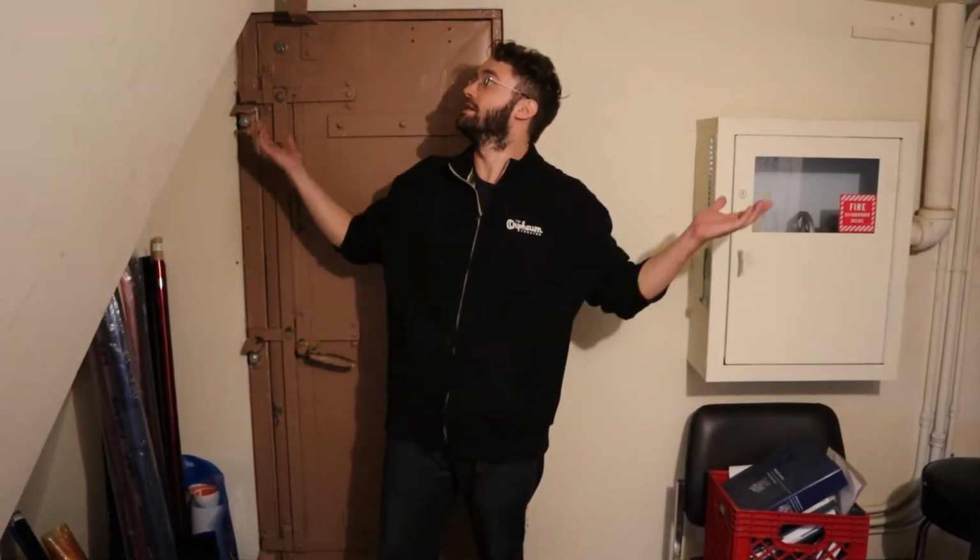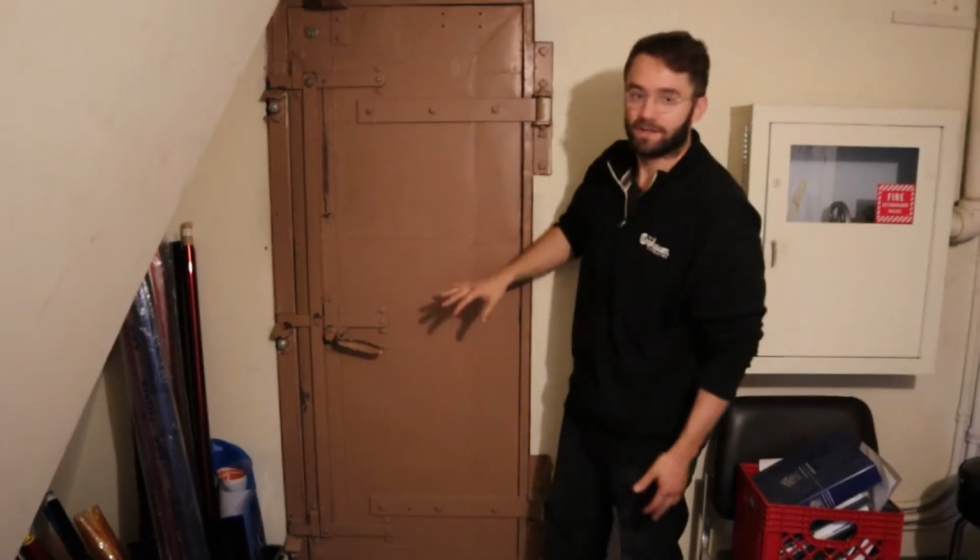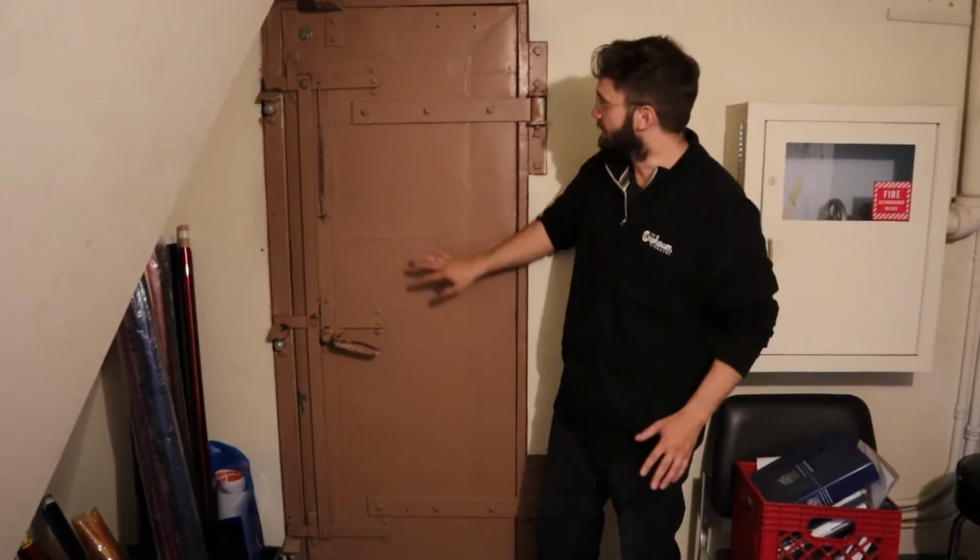I'm the technical director here at the Orpheum Theatre. If you can tell, we are up in the attic of the theater, and we're about to check out the projection booth. Now the projection booth has two doors that lead out either end, and they both look like this,